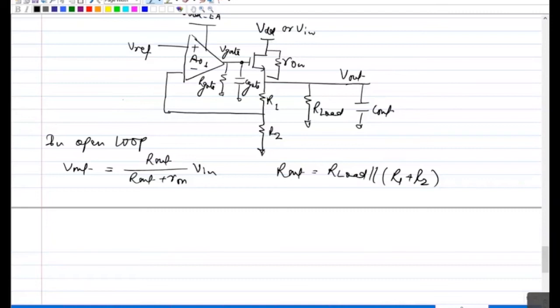Correct. So this component is already less than 1. So even in the open loop, you're not amplifying your output. Whatever the component of your AC input you are getting in the output is always basically less than what you have at the input. So that means you will always get some attenuation here, even in the open loop. And when you have a closed loop, obviously it will make it even better.